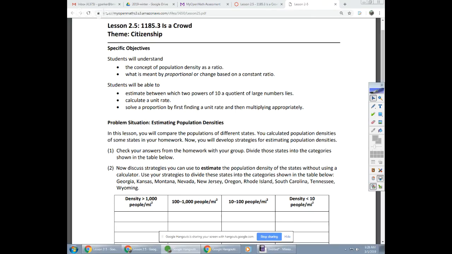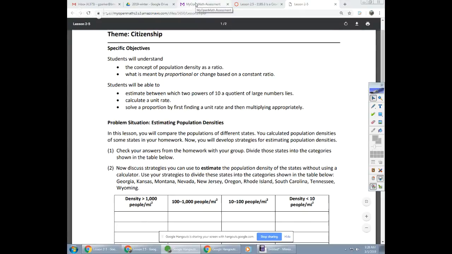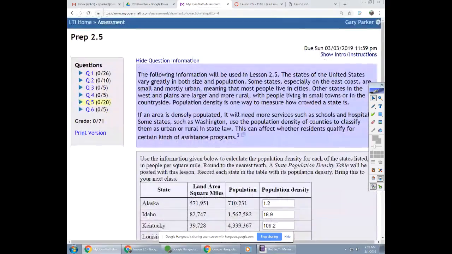All right, so lesson 2.5 is about population density, which we started in the last one. So we're going to do some comparisons of population densities this time. So we're taking it a little farther. In order to do this, you had to finish lesson 2.4, and you had to do the prep for